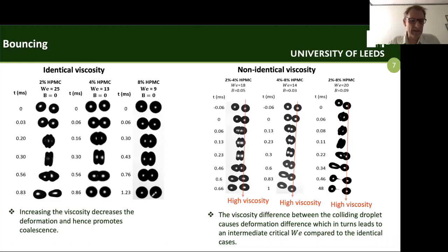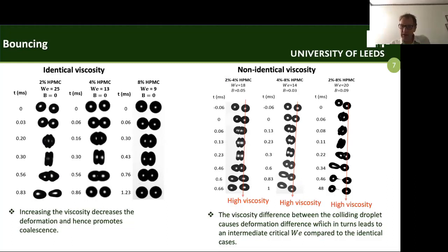you're actually more likely to get coalescence, because the air layer which causes bouncing, there's an air layer trapped between the particles, is less likely to form when you have a higher viscosity droplet. And then when you have